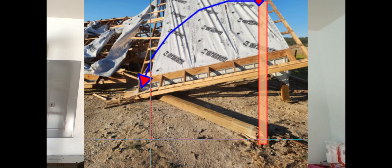These next three photos focus on the posts, the two posts in the front of the building that were on the windward side, and the end wall on the west side of the building. And you can see, according to my little sketches and overlays, that first post basically broke off at ground level and leaned over to the left, or sort of went with the spin as the building spun over to the left. And the next photo again shows this column went almost straight back, maybe rotate a little bit to the left, but that would indicate that was on the other side of where the roof split open. So it went more straight back than it did